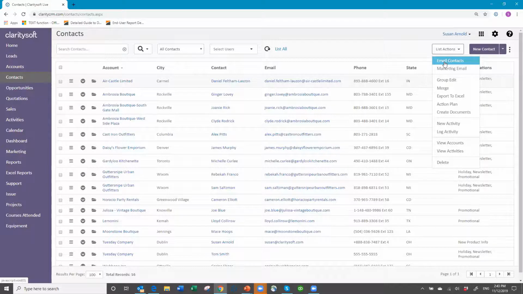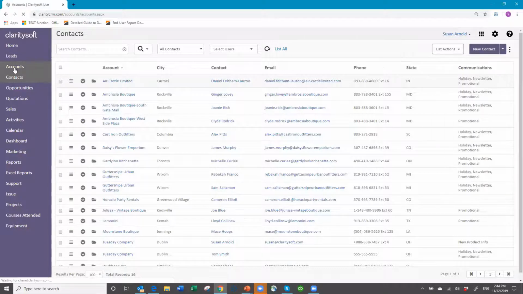Your Outlook and your Gmail are usually restricted on how many emails you can send out at one time, so you need to check on that before you go crazy. All right. But notice under the list actions, if I go back to accounts,